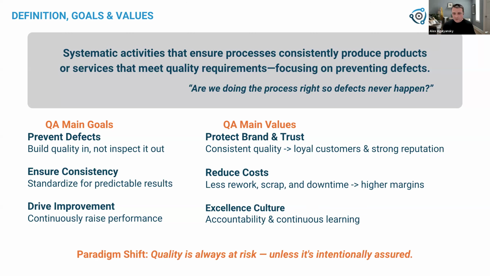And here, even though for some people it will be obvious, we want to make the paradigm shift and say that quality is basically always at risk. Because if we say it's a higher risk or lower risk, then we have a problem. But if we shift our paradigm into saying we have to deal with quality all the time, and we intentionally have to ensure the quality is in place, then and only then can we say that quality is addressed and at the highest standards.